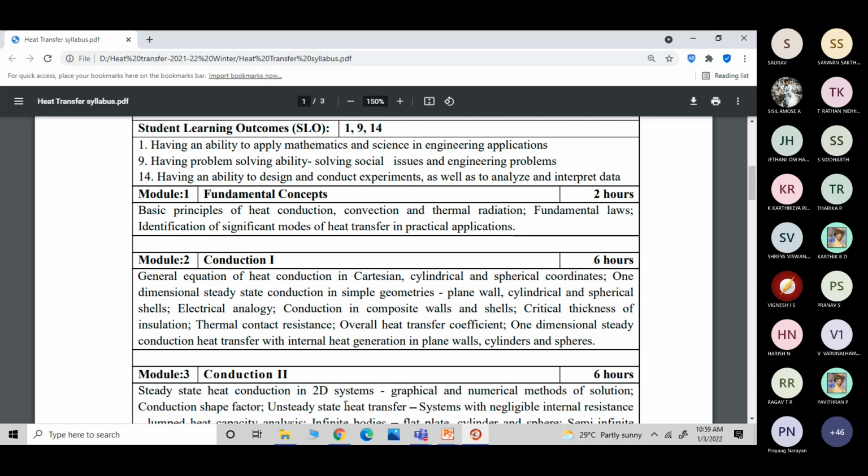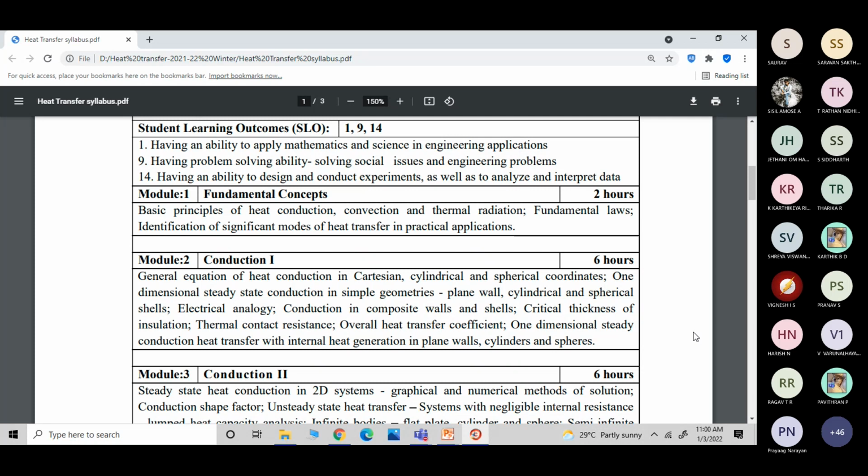That's what was mentioned here: conduction in composite walls and shells. And similarly, the critical thickness of insulation. So what is insulation? Insulation is usually provided to reduce the heat transfer from inner to outer. And as I mentioned earlier, for hot tubes which carry steam or hot water, the heat should not be transferred outside. But what happens in the case of wires and all,